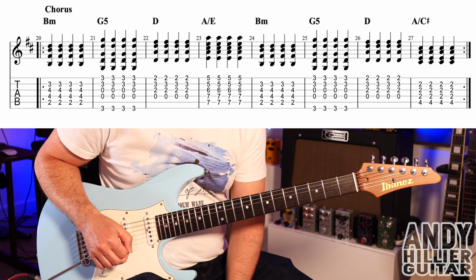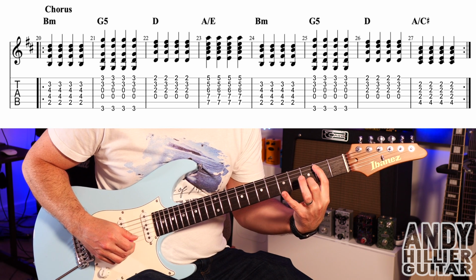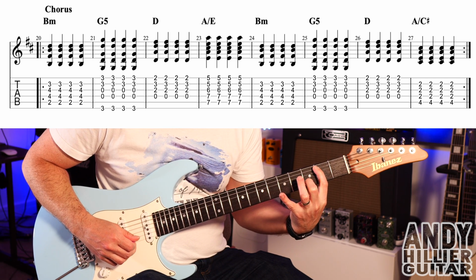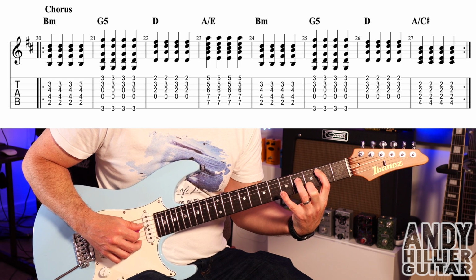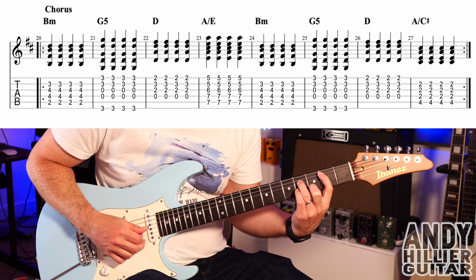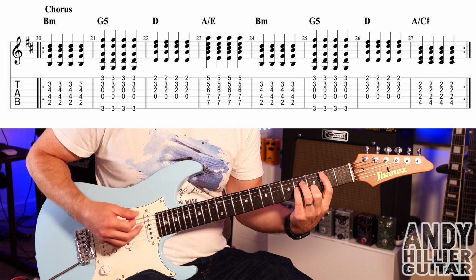So to play that, the first chord, B minor chord, first finger A2, second finger on B3, third finger D4, little finger on G4. Middle 4 strings, just 4 strums down,